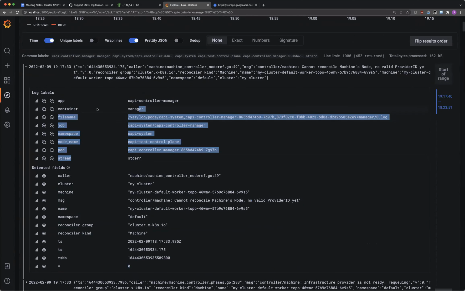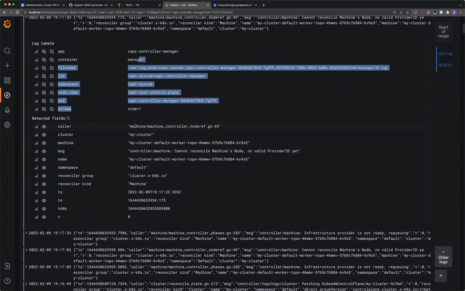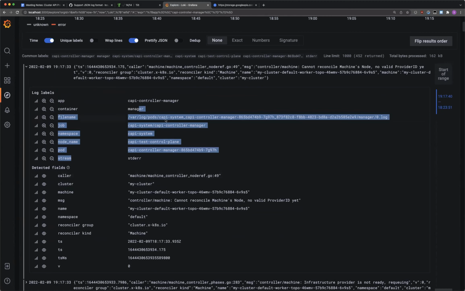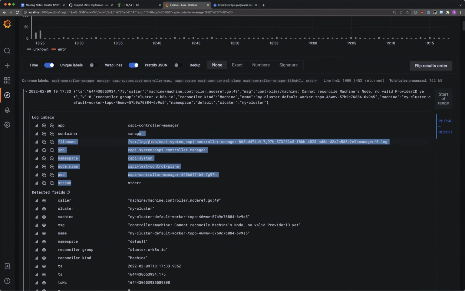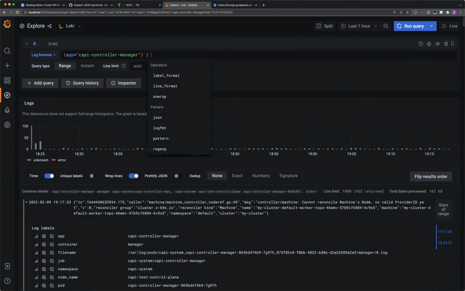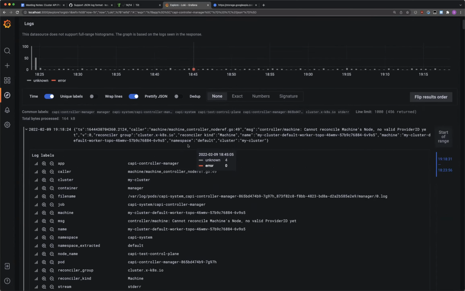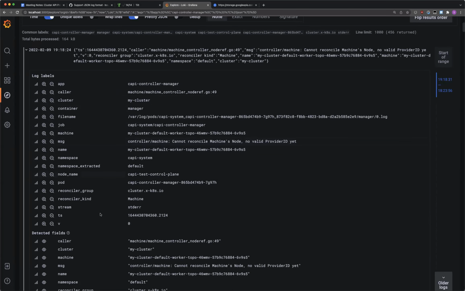I have no idea how other tools are handling that, but probably similarly. But you can only filter on key value pairs that are actually already in the structure. You can't filter on those detected fields, and I assume it's probably similar in other tools. So usually you have to create some kind of regex to parse the text format. If you have JSON format, at least in Loki, I'm not sure how other tools are doing that. Maybe they are just detecting JSON and parsing automatically, or maybe you have to say, hey, please JSON parse me that thing. But if you do JSON parsing, then you have all those attributes.